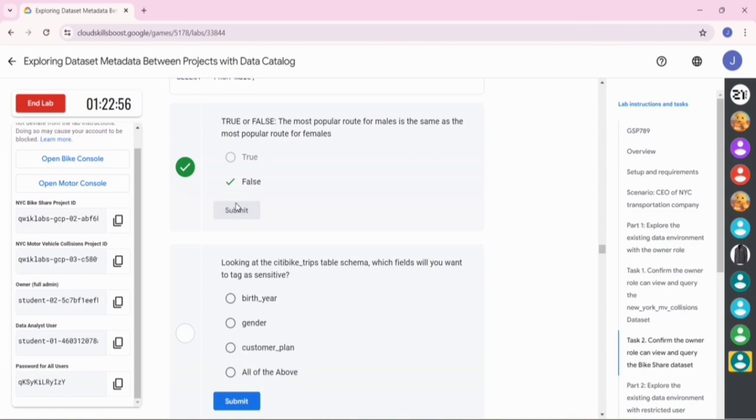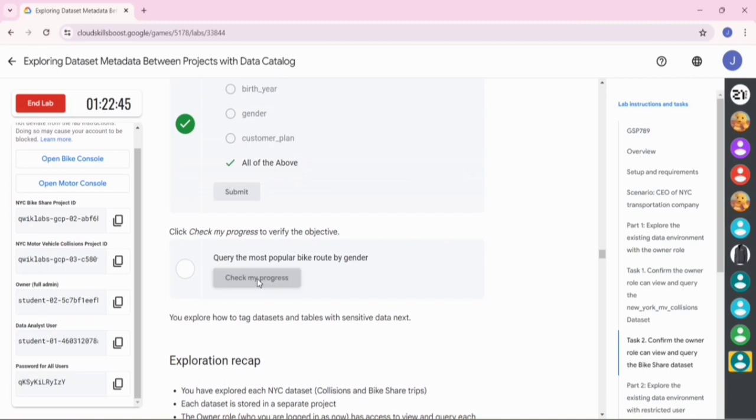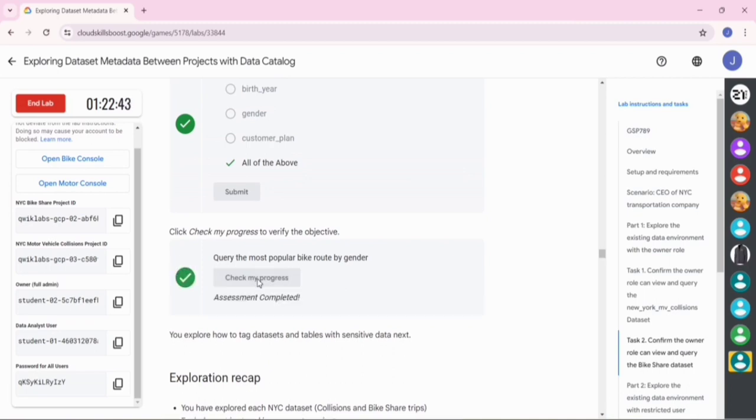Now looking at the city bike trips table schema, which fields would you want to tag as sensitive? Click on all of these and click on submit. Click on check my progress. You will get a green tick here. Those who get the green tick, just like this video